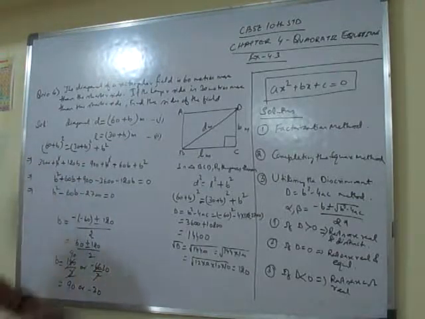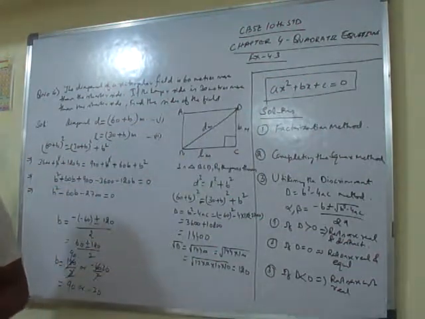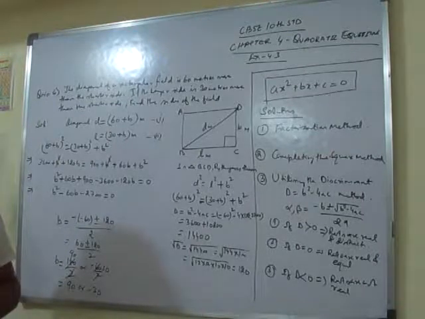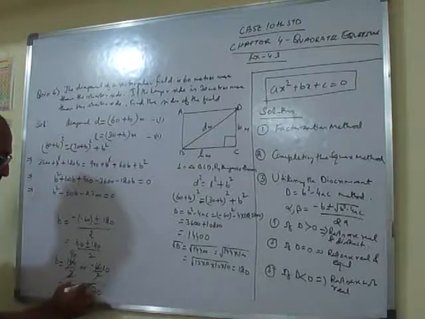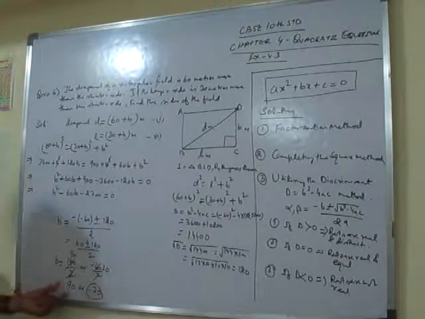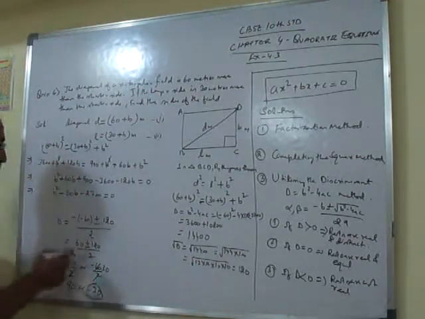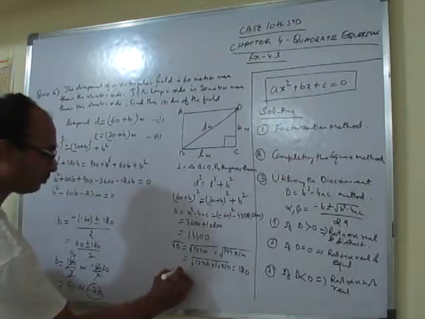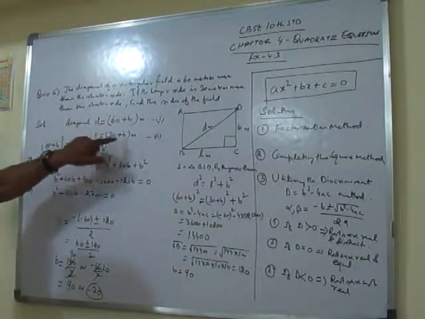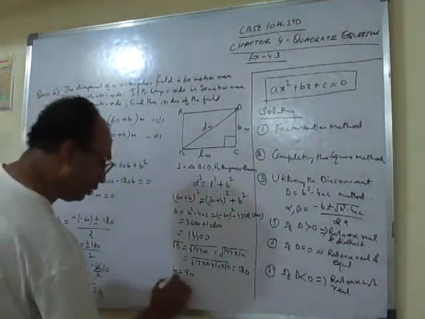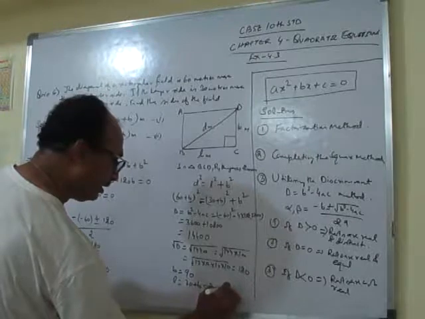So now the value of breadth cannot be negative. Value of breadth cannot be negative, correct or not? So this negative value is not acceptable. Only B is equal to 90 will be acceptable. Correct? Okay, so in that case B is equal to 90 we have got. Once B is equal to 90, L is equal to 30 plus B, which is 30 plus 90. It has become